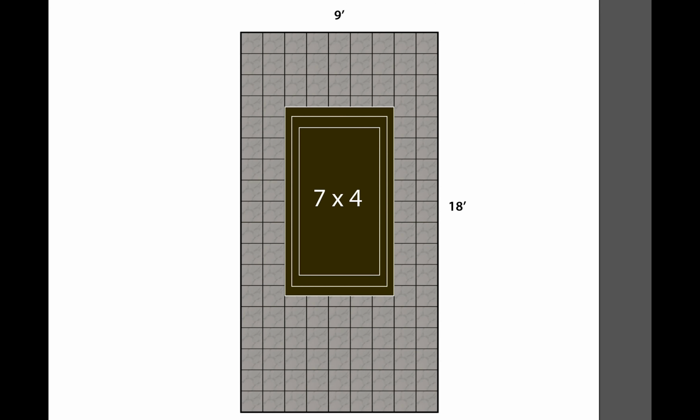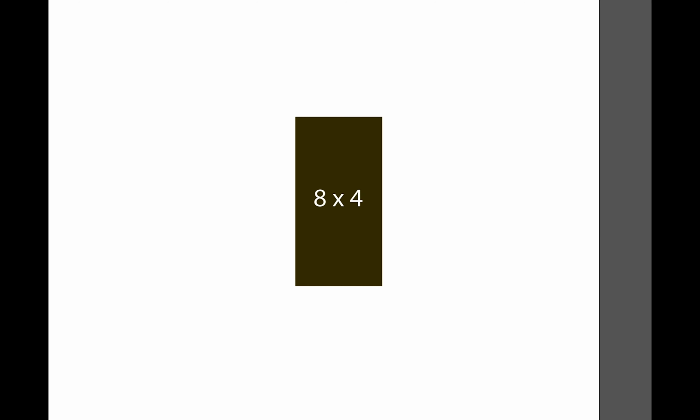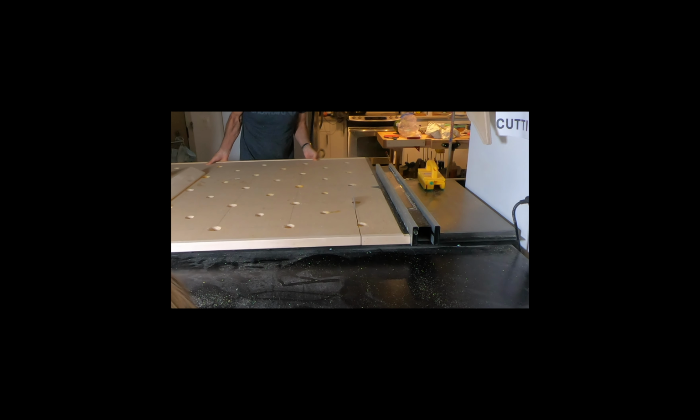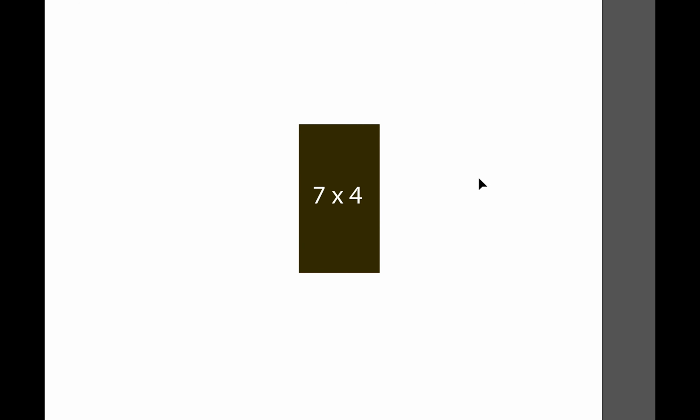First thing I did was I built a table at 8 by 4. We played it and we found out it was too long, and then I just cut off 6 inches on either side of the panels. And now I have a table that is 7 by 4. And it plays really well. That gives you a 4-foot sheet and then just a little bit of trim off,